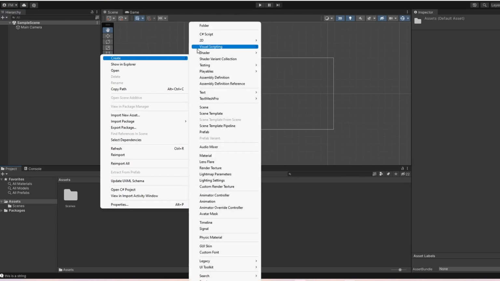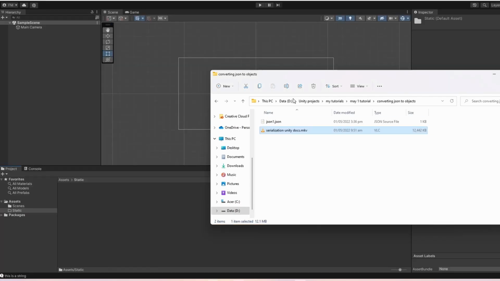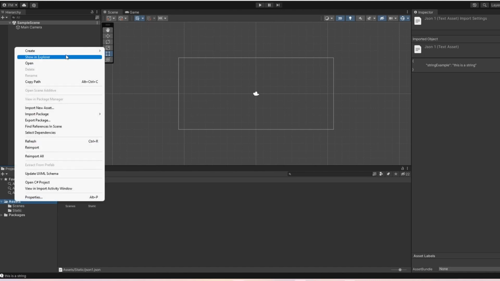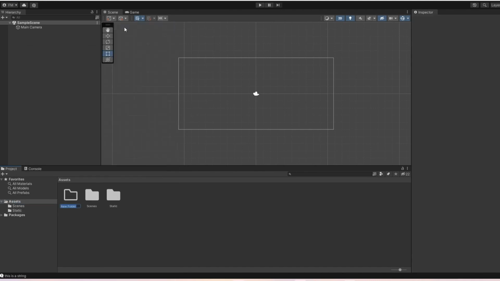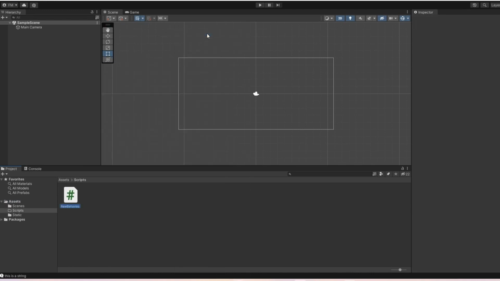Add a folder named static, and we will put our JSON file in here. So drag your JSON file here. Right? So you'll see your JSON here. It's a text asset. Next, let's add another folder named scripts. And there, let's add a new C# script named JSON